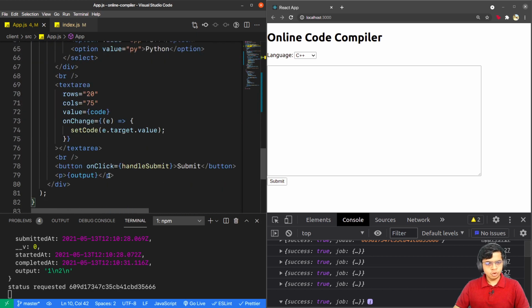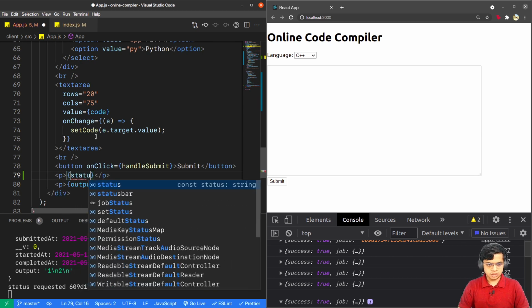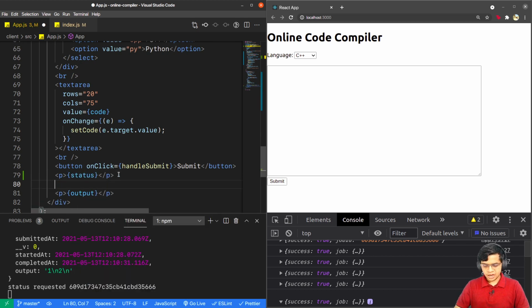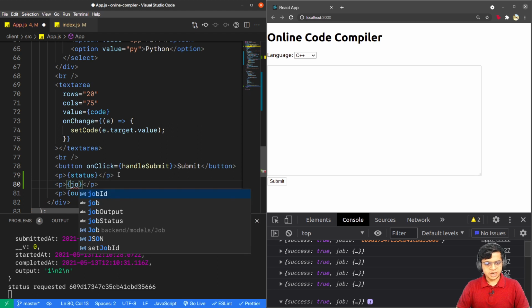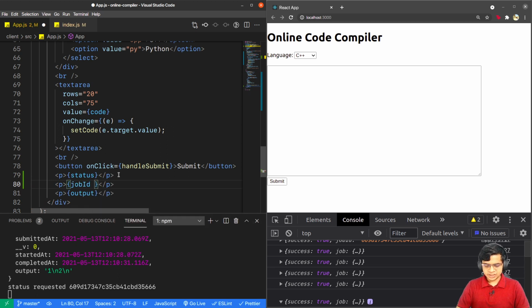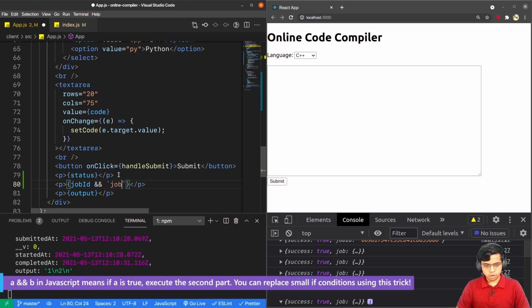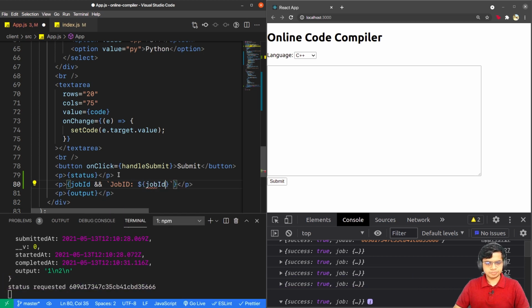And if we go below this, we will add two things here. We'll firstly set the status, and then I will use another paragraph tag and will create a condition that if the job ID exists, I will reformat the string saying job ID is jobID.